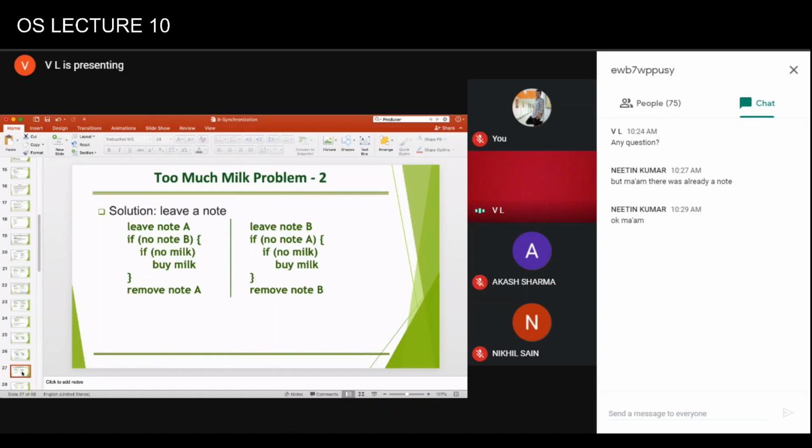A finds that B has posted the note, B finds that A has posted the note. So naturally both of them do not check the fridge because they assume that the other one has checked the fridge and milk is available, and they remove the note, and then they repeat the process. So it could lead to a situation where there will be no milk in the fridge. Any questions till now?